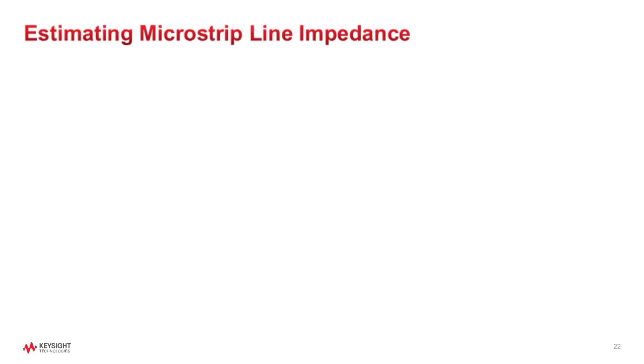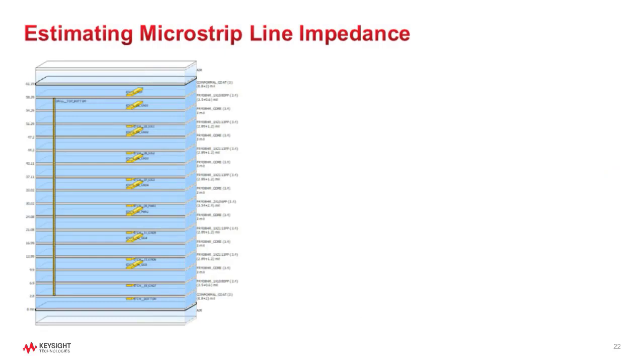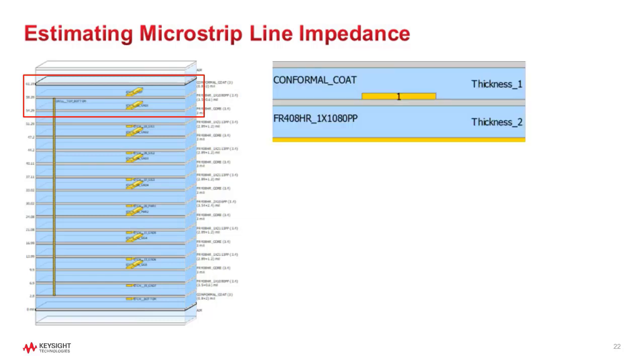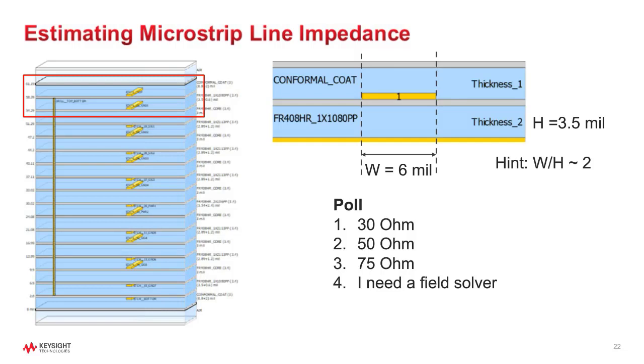So here is a 20-layer stackup. We're going to take a closer look at the top layer, the microstrip layer. All right. Now, if I tell you the trace width is 6 mils and the substrate height is 3.5 mils,